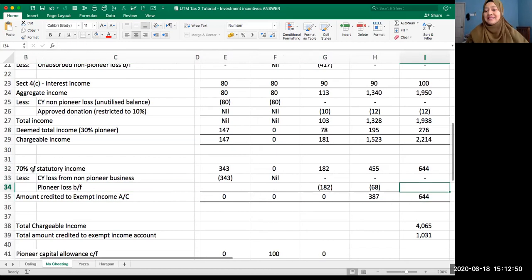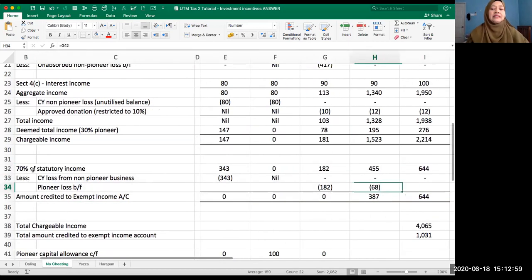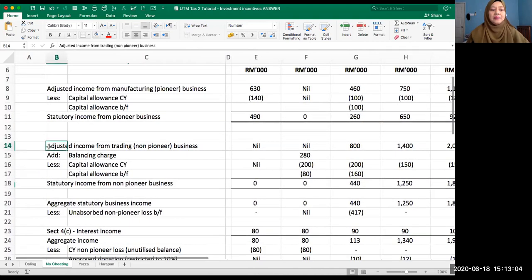It's the same. It's just that instead of having that at the top, Dr. Sawa akan buat at the bottom. In my case, I buat dekat top. So sama je, right? It's just that now you start with your non-pioneer. Alright, nampak kat sini non-pioneer. Your non-pioneer business sekarang ni,